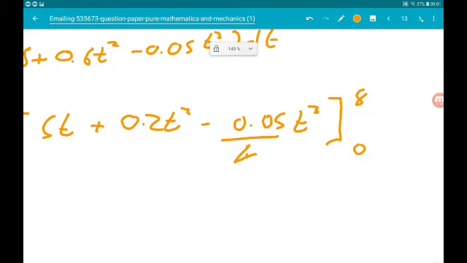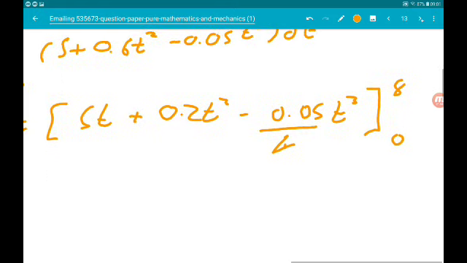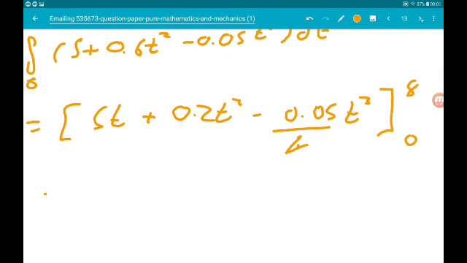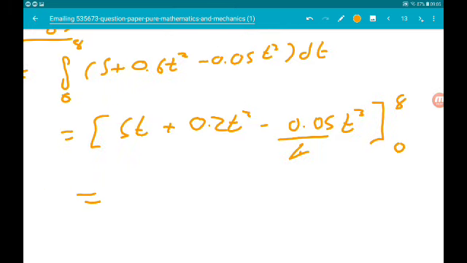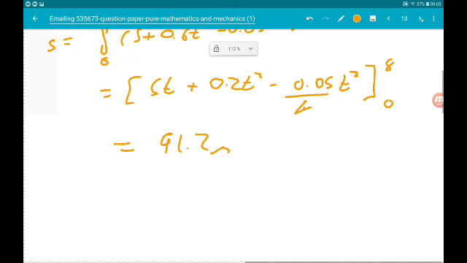Now we know that when t is equal to 0, we're going to get 0. So all we need to do is sub in t equals 8, which is going to give us 91.2 meters, and then we know for the last 12 seconds